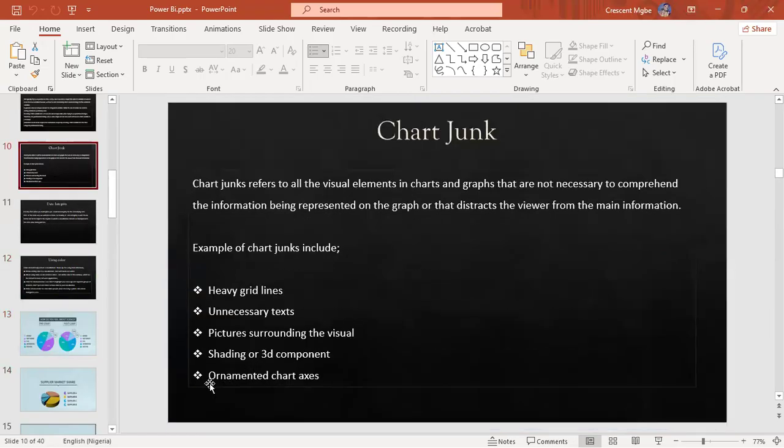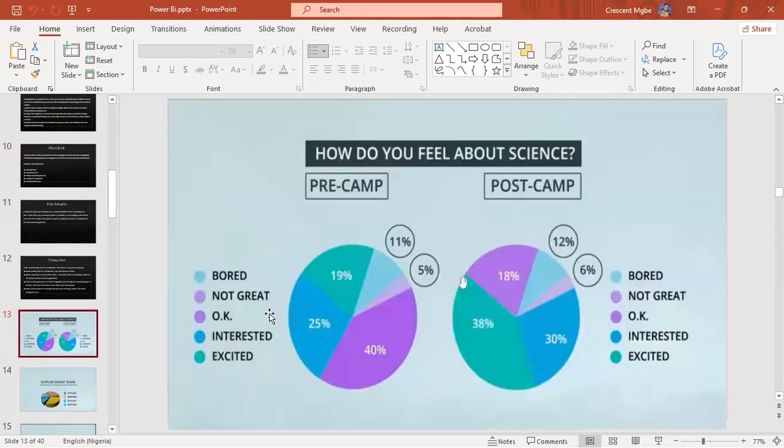So you have to avoid ornamental chart text, or ornamented chart axes. You don't want to put colors, or put flowers. Yeah, this is good. How do you feel about science? Pre-camp, post-camp. This is actually telling